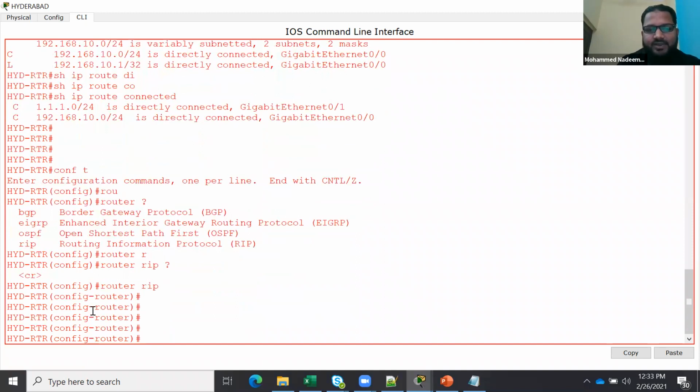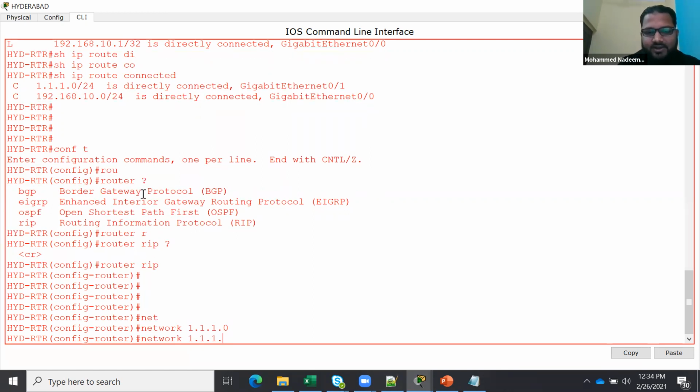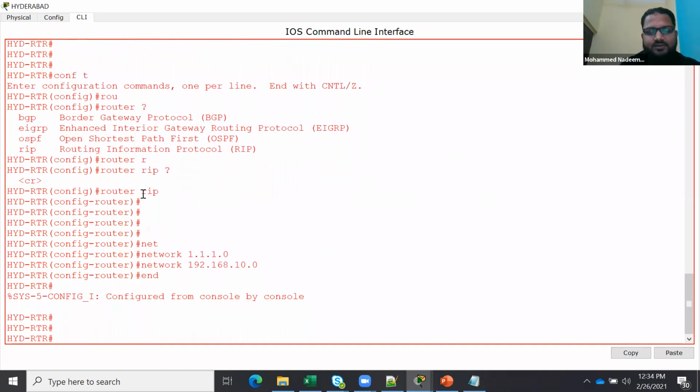So I am in router RIP. What to define here? In dynamic routing, you just need to define your directly connected networks. That's it. So I'm saying my directly connected network is 1.1.1.0, which is WAN, and my other network is my LAN, 192.168.10.0. Finish. Done. RIP is done.